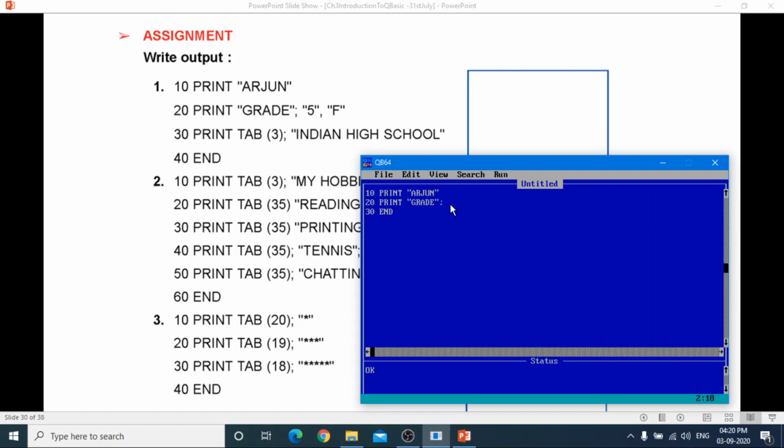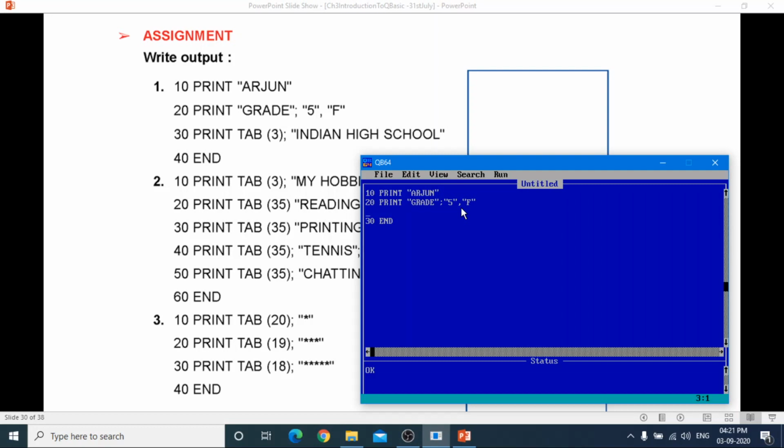Okay, not comma, semicolon, and then 5, then comma. This is written. In first place there is a semicolon, and in second place there is a comma. Semicolon will not give any space and comma will provide you space.